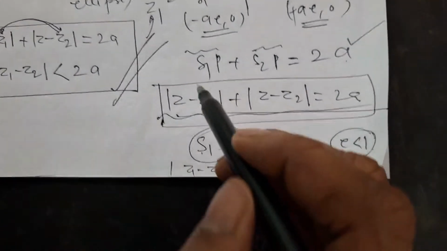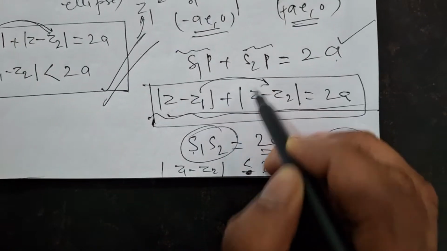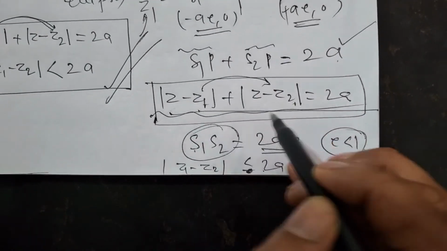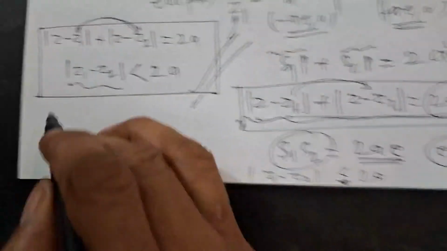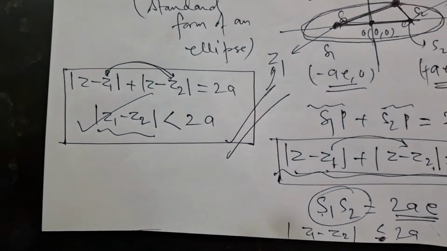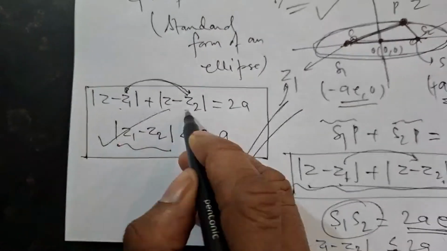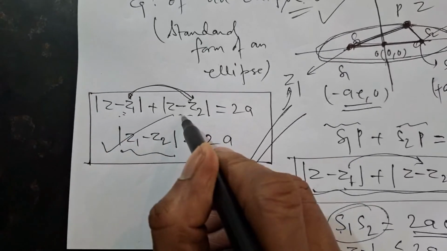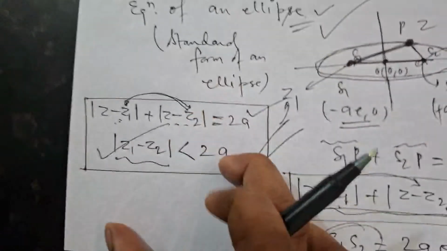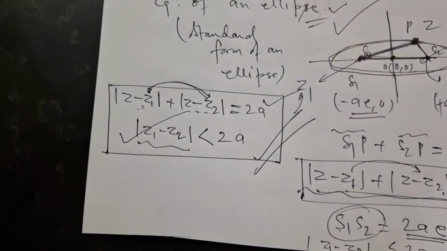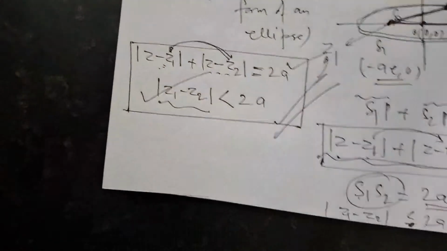Subtract these two complex numbers Z1 minus Z2, take the magnitude, and if it comes less than 2a, then it is perfectly an ellipse. And remember, the sum of the distances from the respective foci must be equal to 2a. These two definitions you must remember. This is the ellipse. Now you know, dear genius, for hyperbola,